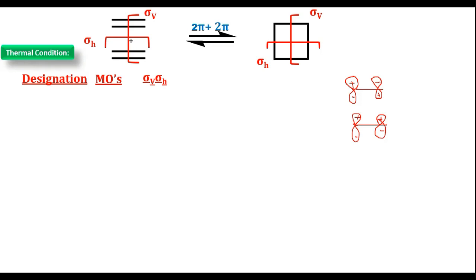The first one, I am taking the psi 1 of ethylene. You can call this A ethylene, and here B ethylene for our convenience. Now you have to take psi 1 of B ethylene. How to take psi 1 of B ethylene? It approaches from the opposite direction. You can observe here, psi 1 is approaching from the opposite direction. Again you take the psi 1 of A ethylene and psi 1 of B ethylene, and here you are taking both in the same direction.